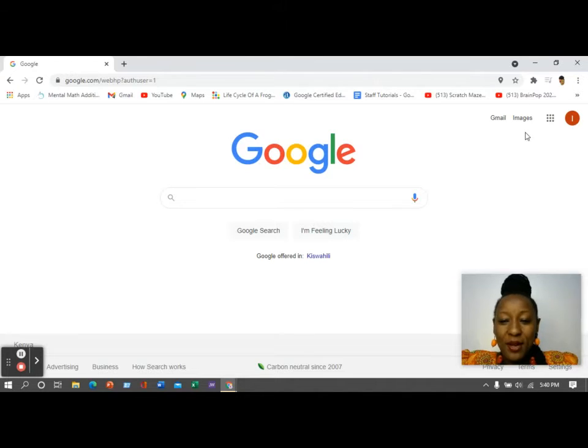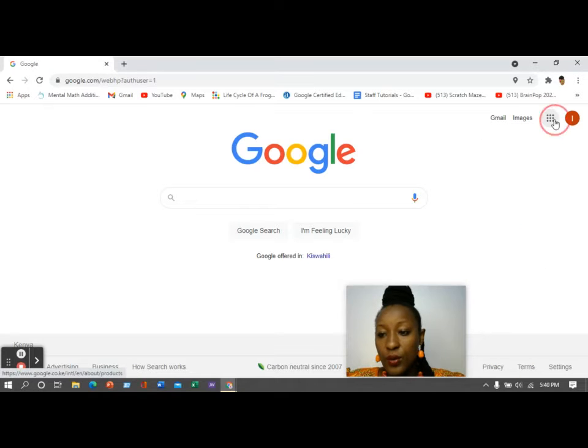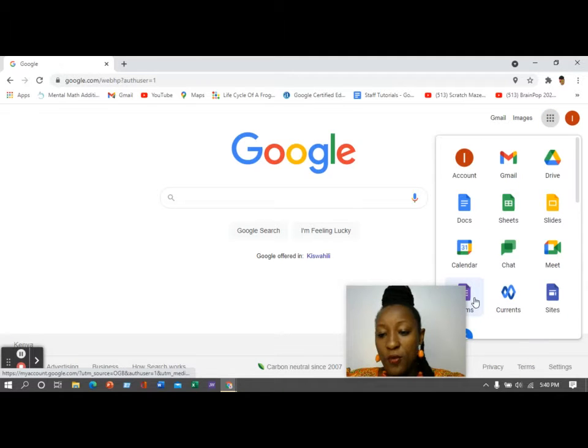Hi, today I'll be talking about how to create a Google form. So, we will access our Google form from the nine dots on the right hand side corner from Google Apps. We can access the Google form from there directly, but I'd like us to be quite organized on our Drive. So I'll click on Drive,